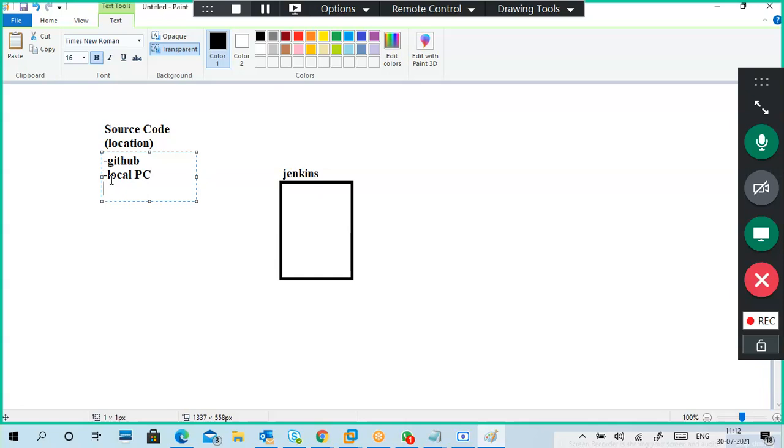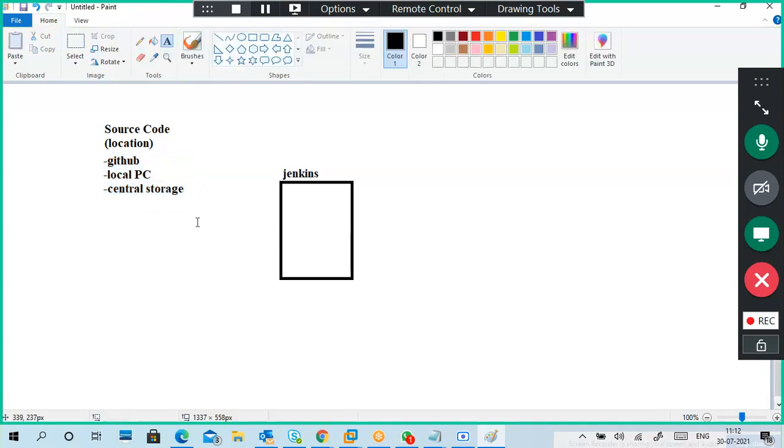It can be in a local PC, or maybe it can be in a central storage, such as a SAN or some shared folder. It can be in any location. So first of all, location. It can be in GitHub, local PC, or central storage. Anywhere it can be.